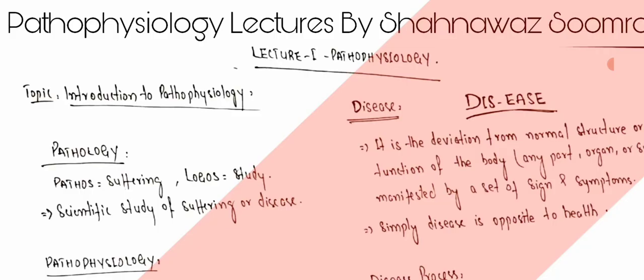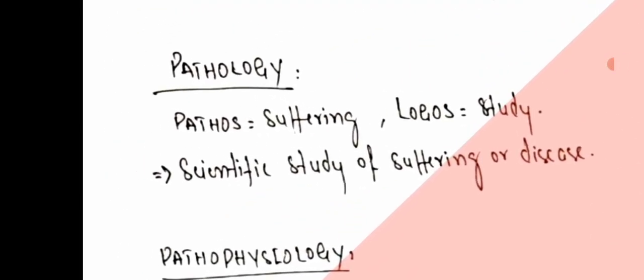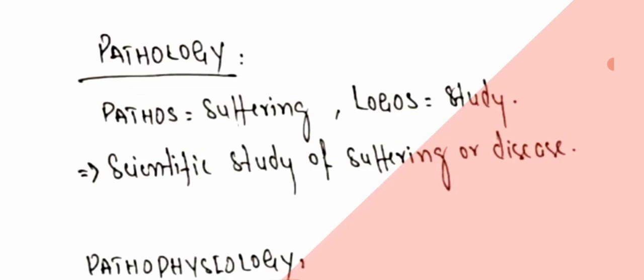Most students get confused when I ask them for the definition of pathophysiology. They said it's all about the disease, while it's incorrect. There are two terms. One is pathology. Pathology is basically derived from two words. Pathos means suffering, diseases, uneasiness, uncomfortableness. Logy is about the study. So in pathology we study about the disease, about suffering, about disease pattern, its types.